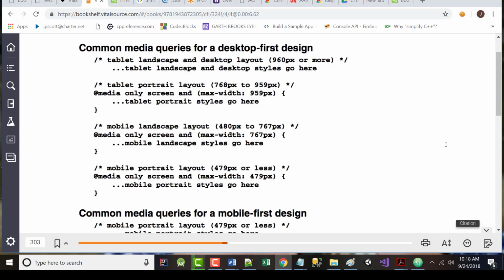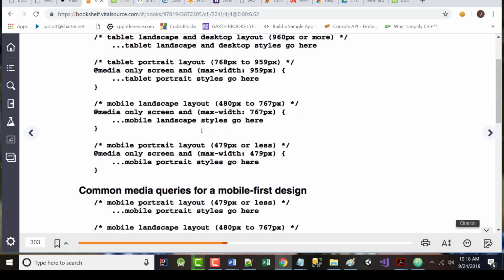Tablet portrait, 768 to 959. There are different things in here, and there are recommended sizes that you use. Again, when you use Bootstrap, you don't have to worry about putting the numbers in. You say SM, XS, etc., and it gauges it based on those numbers. So when you're using mobile first,